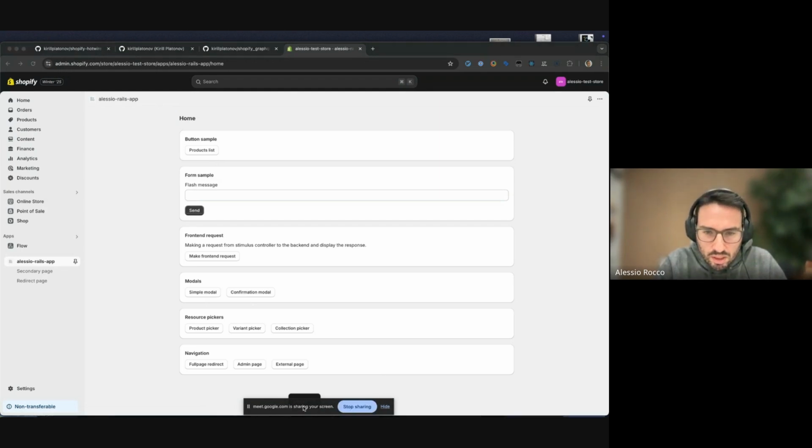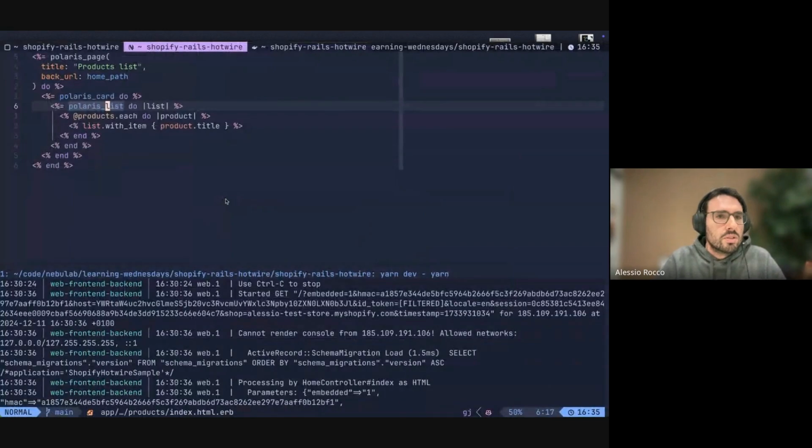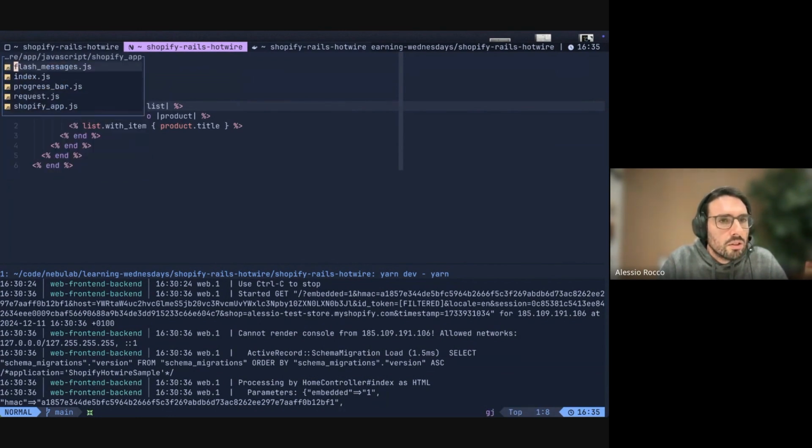Sorry, I have to hide it. This part allows you to display this flash message here at the bottom. This is the way Shopify shows the message. I want to show you this because here we can see the use of the app bridge and the extension or blocks anyway, because in the code here,